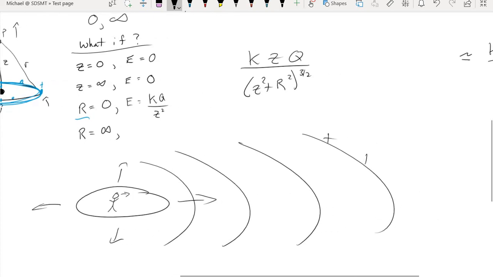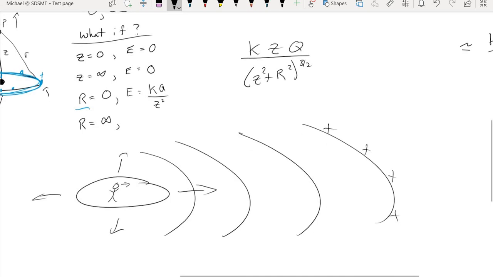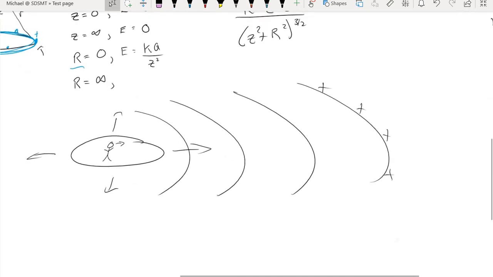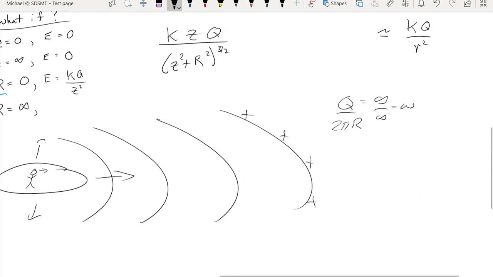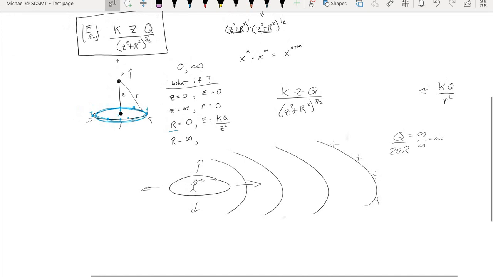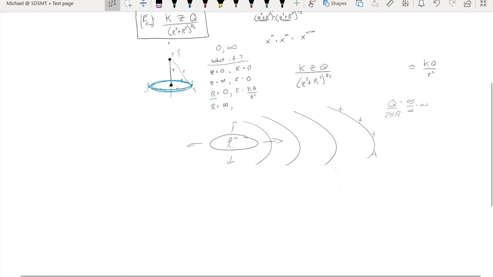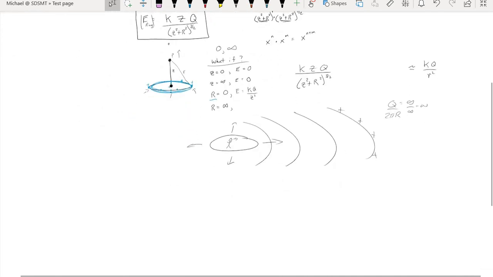We could still definitely have a bunch of charge. I would need an infinite amount of charge to be spread out over an infinite circumference. So we're kind of running into an undefined scenario there. But even if we had an infinitely large ring, if I wanted to measure the electric field at some point above the center of that infinitely large ring,